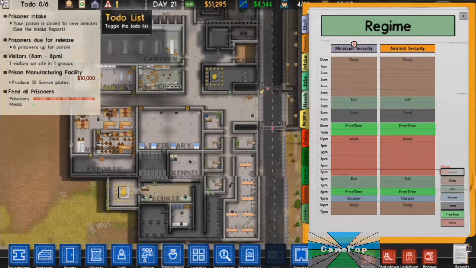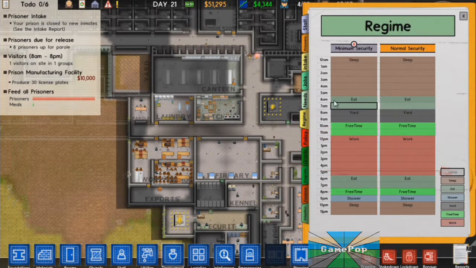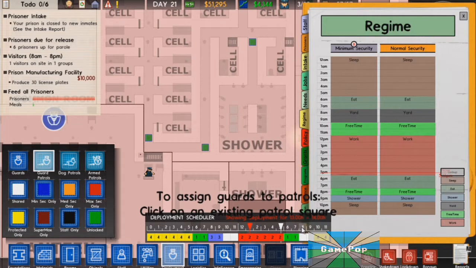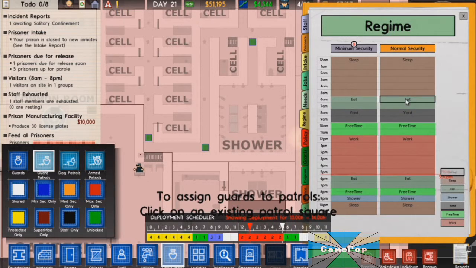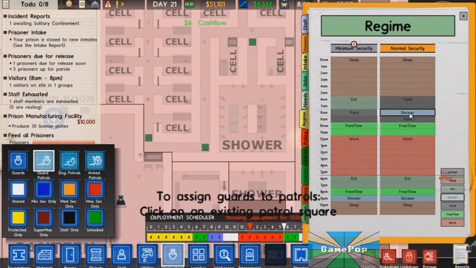Now let's actually start setting a schedule for the normal people, because I don't want them to have the same schedule because it could cause conflicts. So what I'm going to have is they will sleep from... this is where it's hard because I already have some set up. So what's going to be different is here they're going to take a shower as soon as they wake up. Actually, the first thing they're going to do is the yard. Then they're going to go shower. Then they're going to go eat. Then they're going to get free time,